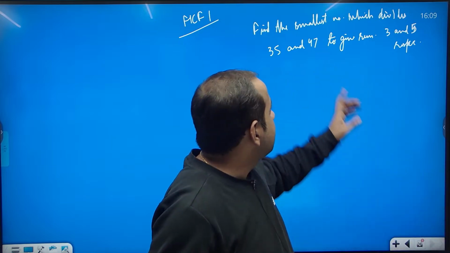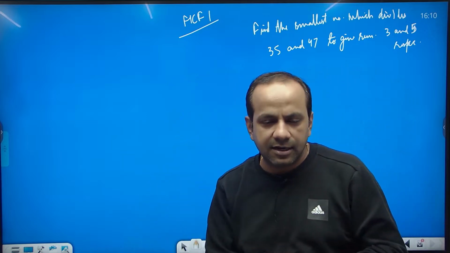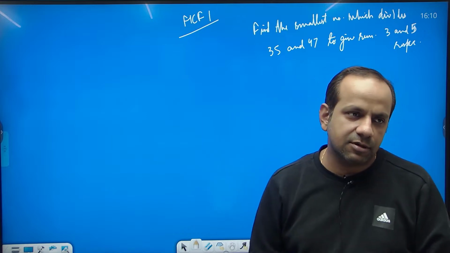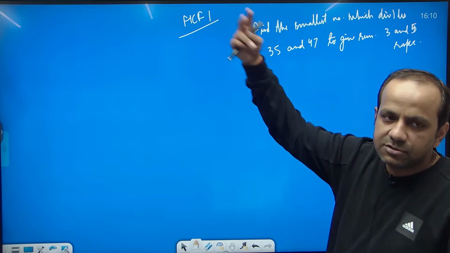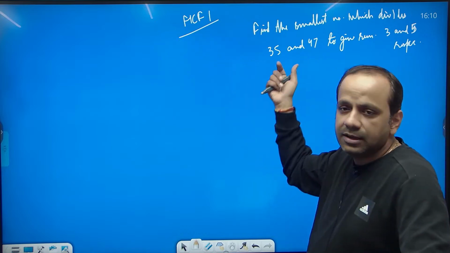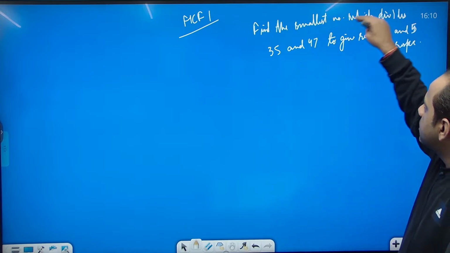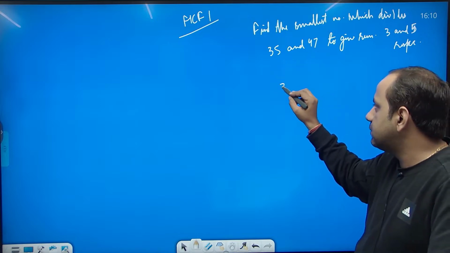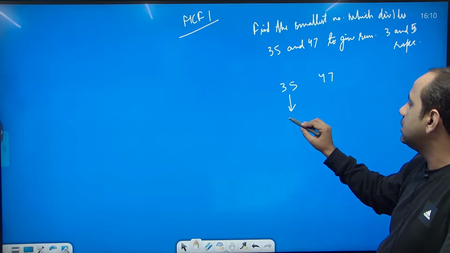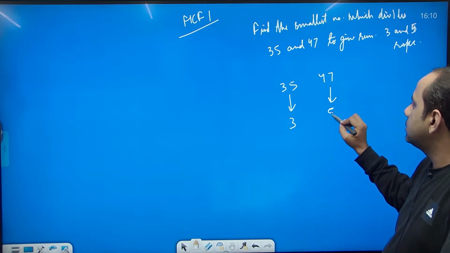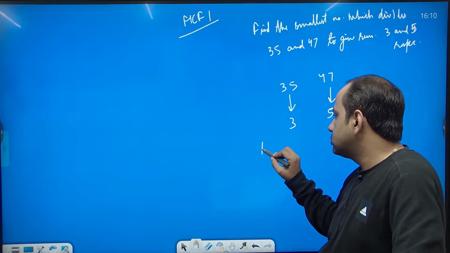इन द प्रीवियस वन द लैंग्वेज वाज फाइंड द स्मॉलेस्ट नंबर विच व्हेन डिवाइडेड बाय, ओके। सो व्हेन अ नंबर इज डिवाइडेड बाय दैट मींस नंबर विल बी ग्रेटर देन दोस नंबर। इफ अ नंबर इज डिवाइडेड बाय दिस एंड दिस, so that means number should be greater than this, na? Only then it will be divisible by these two numbers. But in this case it is given find the smallest number which divides 35 and 47, a number which divide 35 and give remainder 3 and divide 47 give remainder 5, ठीक है।